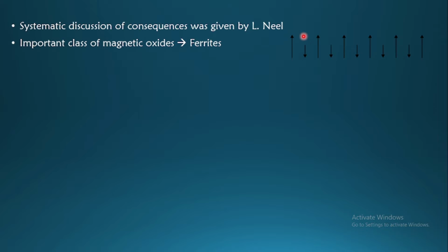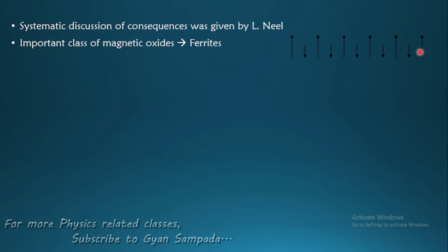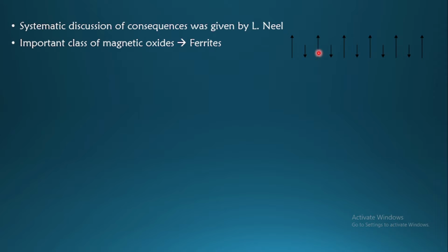If we look at these spins, they are parallel and equal to each other, something like ferromagnetism. But when we consider these spins with respect to the earlier ones, they are antiparallel to each other. So unequal and antiparallel. Some effect will be nullified, but the net effect is non-vanishing. That is evident from this magnetic order, which is the ferrimagnetic order. That's why we can say the physical origin is the same as that of ferromagnetism and antiferromagnetism.